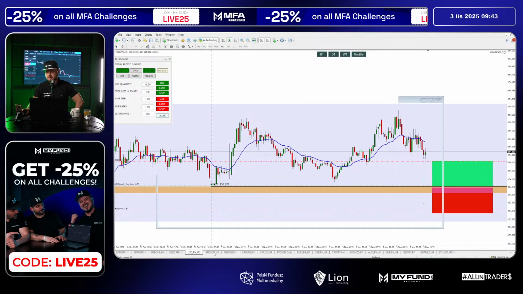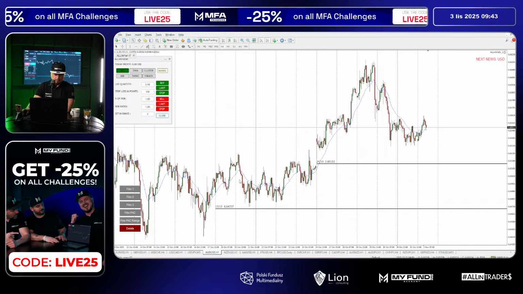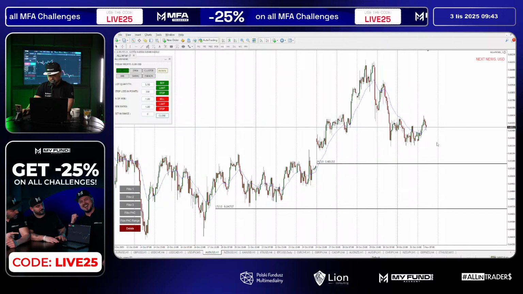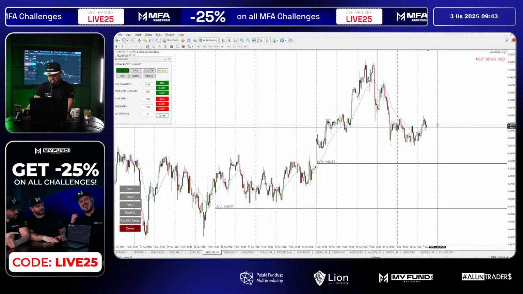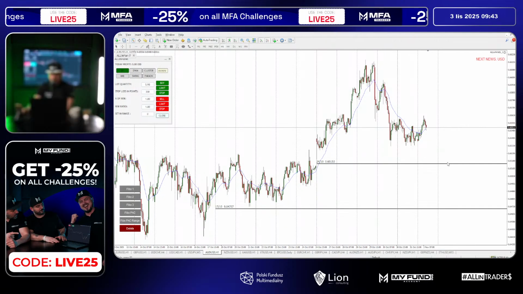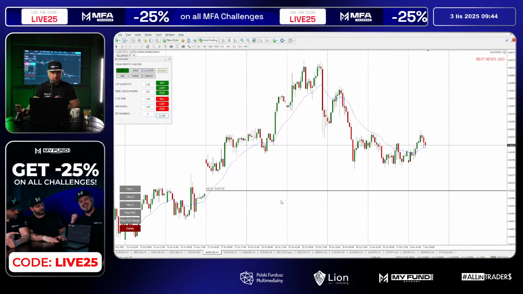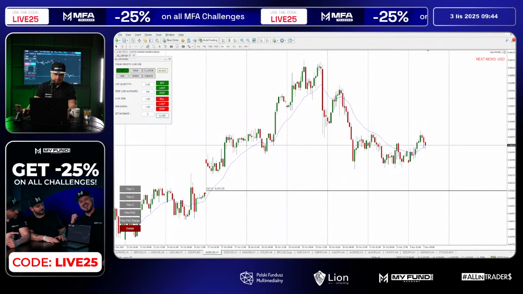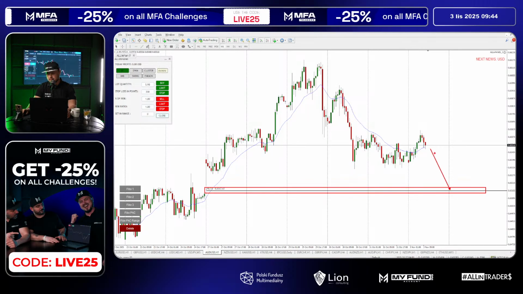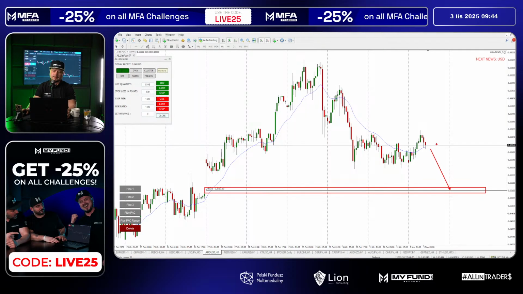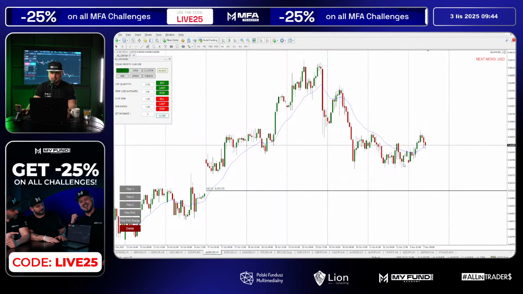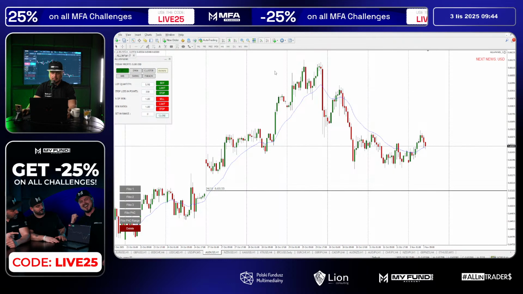Let's move to Australian dollar. So what we got over here? This is looking quite nice, I would say. We are 34 pips away from our target. Look at this, guys. We got a nice gap over here, and this gap is our target. So this is like a magnet for the price, and we need to check in which market structure we are at this moment, because this is very important.